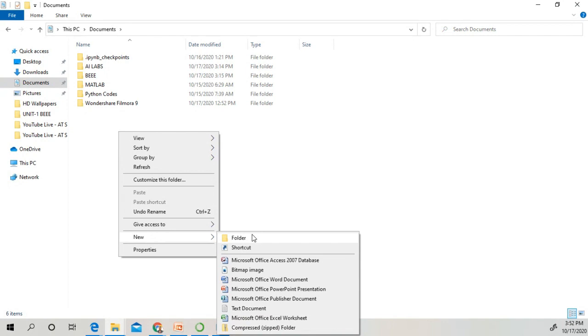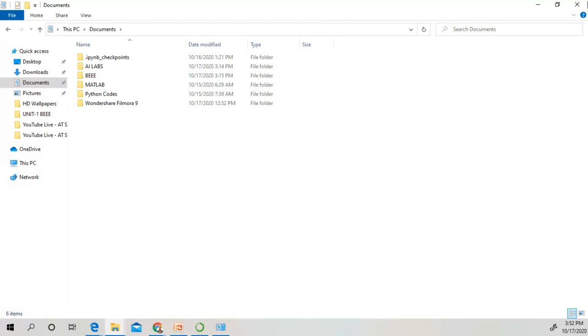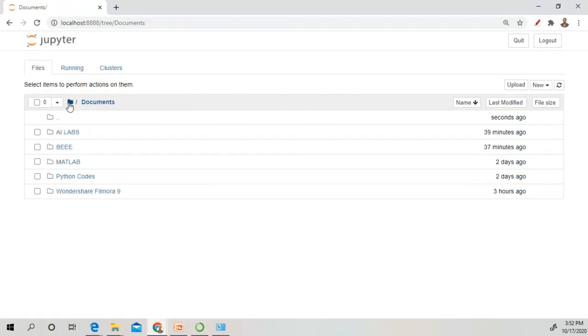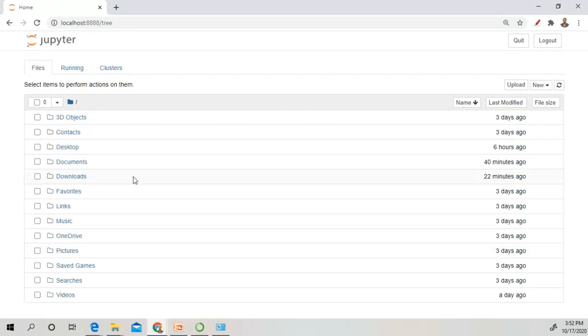You create any folder, and in that folder you create a tree of folders. This is one way to create folders for your working directory. If you don't want to use this way, then you go to the main directory like this. This is our main directory.